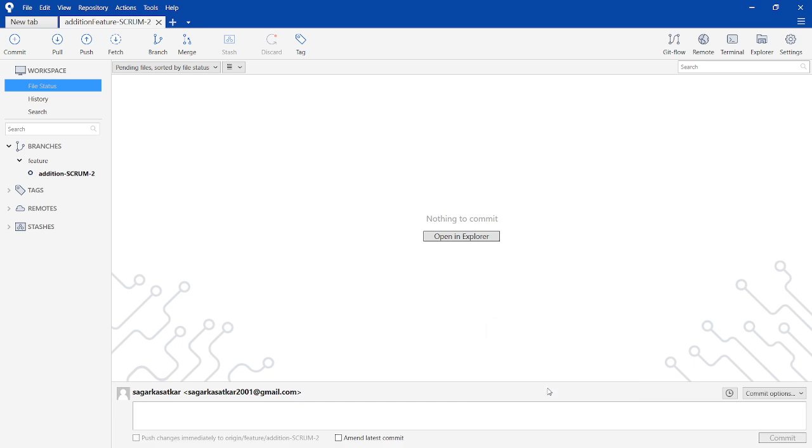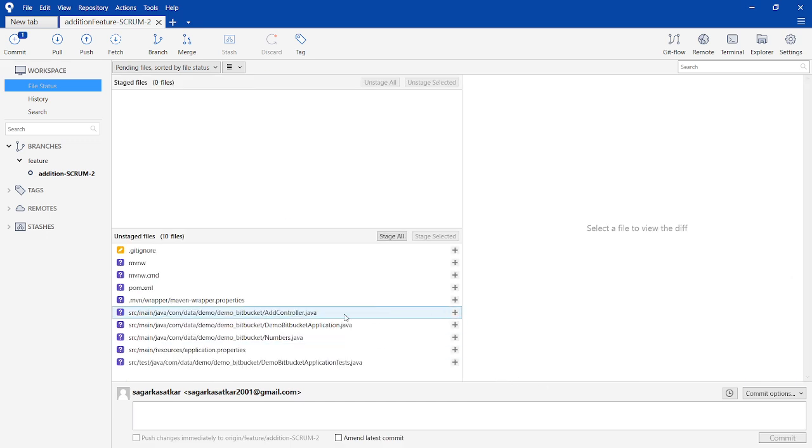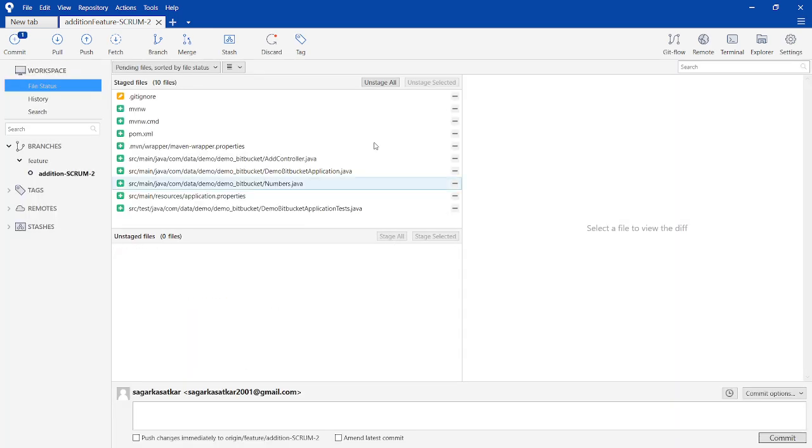Now open it. Okay, here all the files have come. Now stage all files, write commit message. I added addition feature in this Jira project name Scrum 2, Scrum-2. Okay,